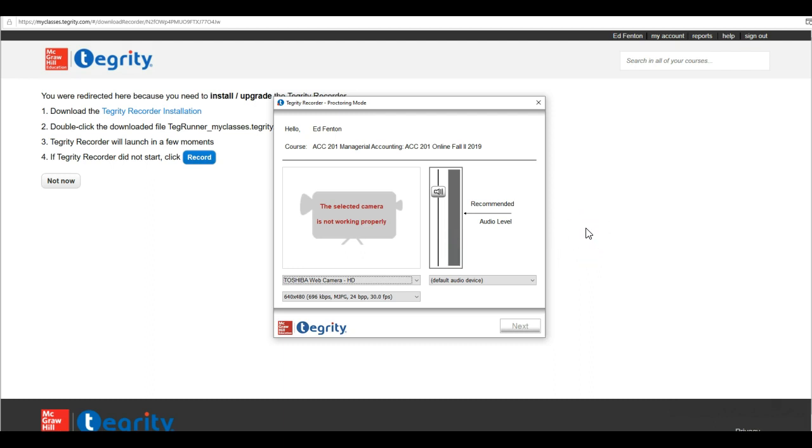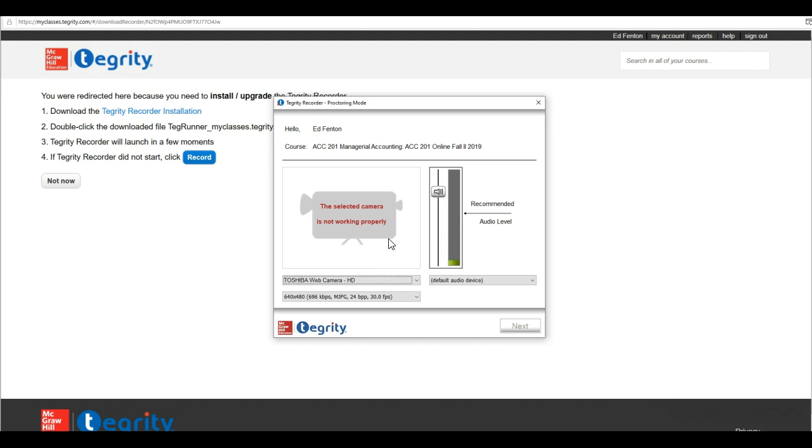And I'm not sure how to do this. But anyway, at this point, you should see your face from your camera. Make sure it's working properly. If not, choose your camera. And again, I cannot do it because I'm making a recording using Screencast-O-Matic and trying to make a recording within